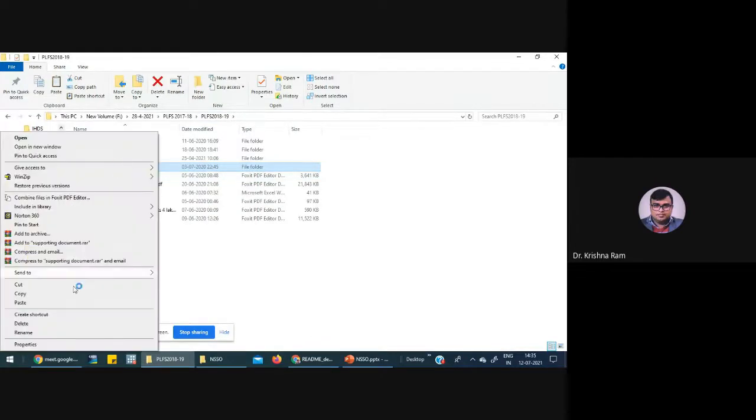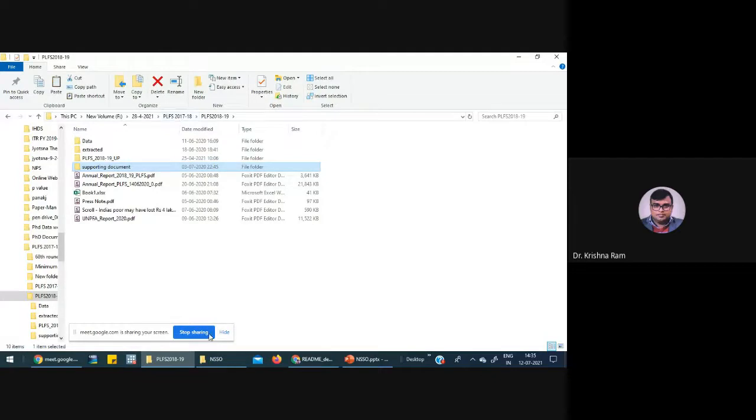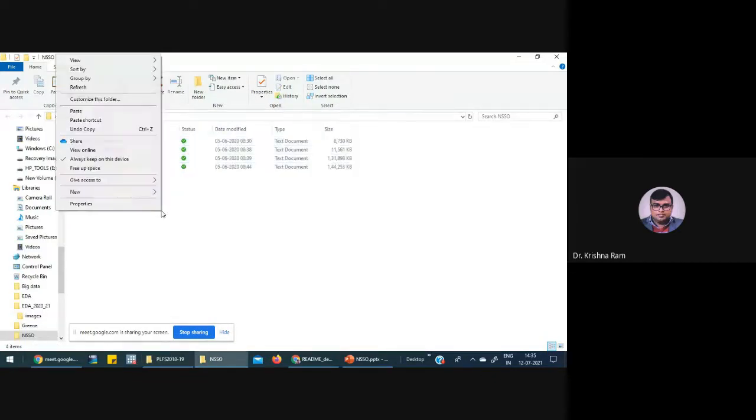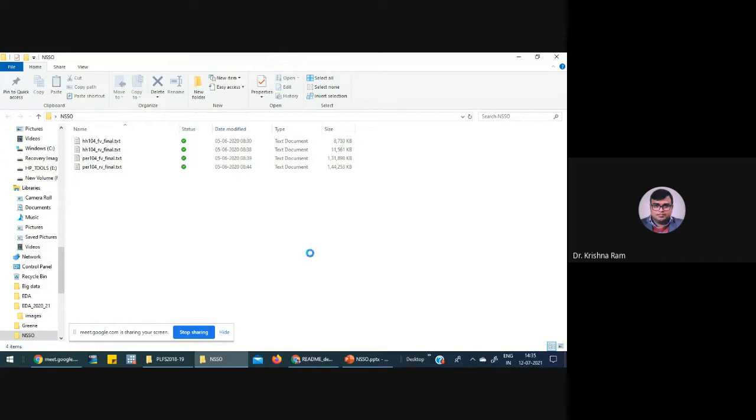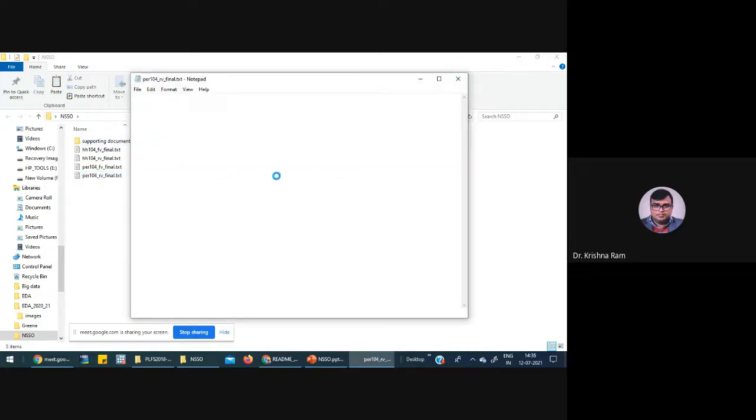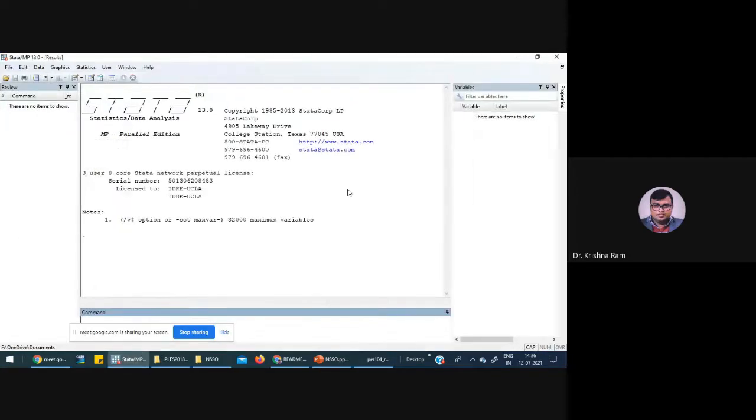I copy this one and paste it in the folder that I created for this specific purpose. So see here, now I have all the data files and relevant documents in this particular folder. What I do after, I open this data. I'm opening this data 13. I have 14 also. So I open this one and first check